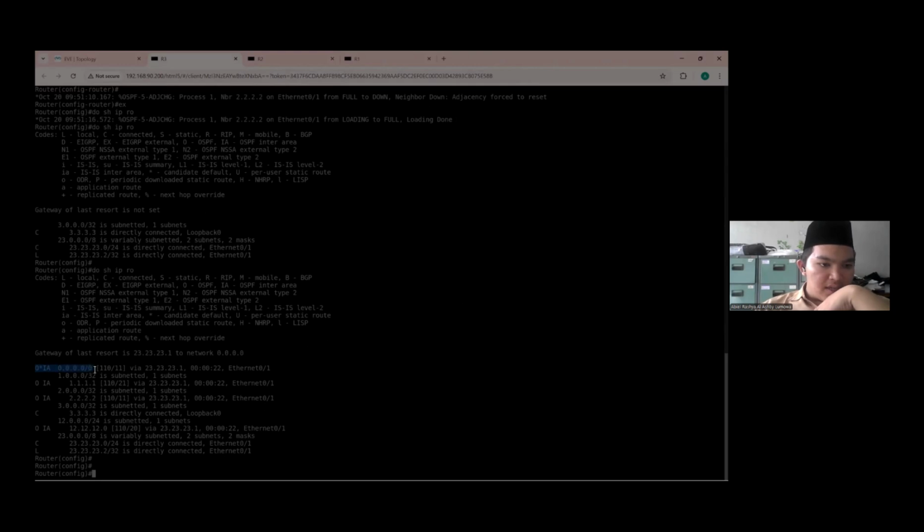There is a new destination that is 0.0.0.0, or it's called the default route, and the origin is O IA, in OSPF inter area. There is a star, it means the information is denied by OSPF, and it's from inter area. That's why the information is a default route.